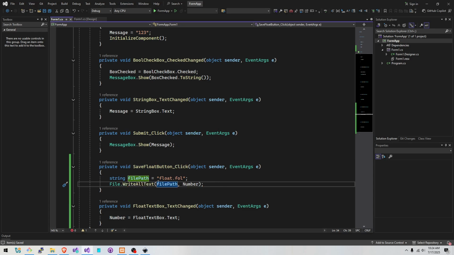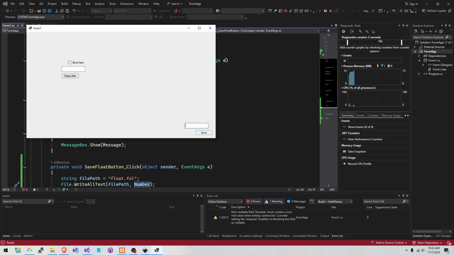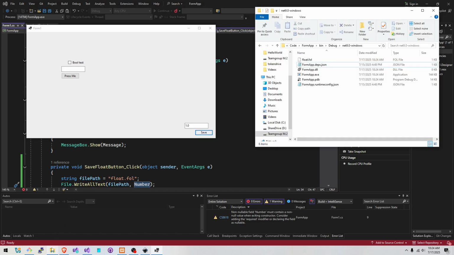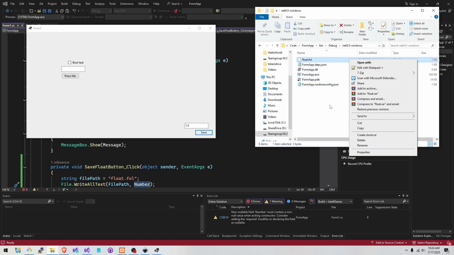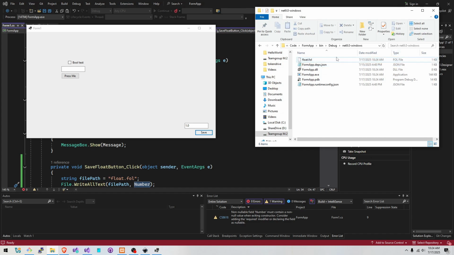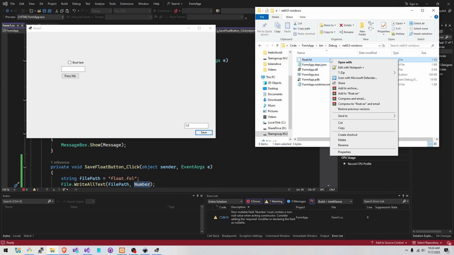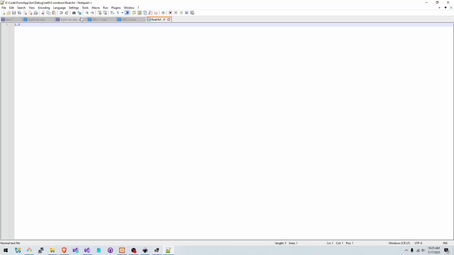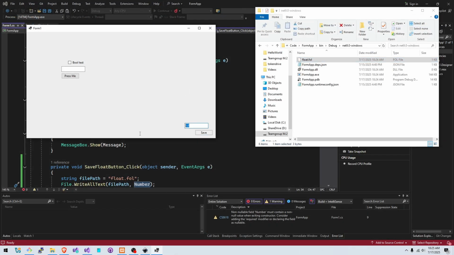So File.WriteAllText, starting parenthesis, file path, comma, space, number, ending parenthesis, semicolon to write all our text. Now I want 1.0, and when I save it, I get float.fol. It's not taken, it looks like. And we get 1.0. If I change that to